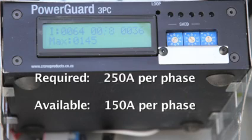Keep in mind that no electrical upgrade to accommodate all the new appliances was done. They had to make do with the old 150 amp supply because more power was simply not available. This installation is therefore ample proof that a facility requiring 250 amps per phase can operate successfully with major reductions in supply. Savings of this magnitude at a national level could contribute significantly to alleviate the power shortages at unchallenged